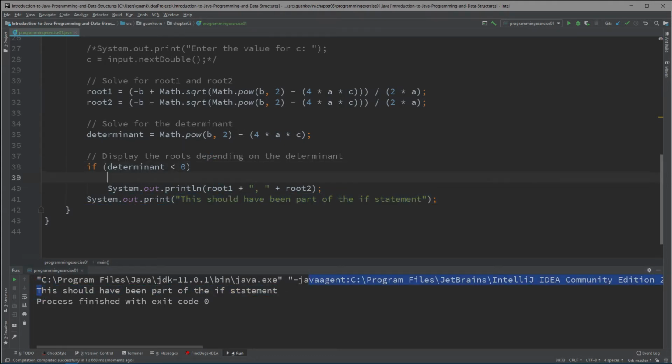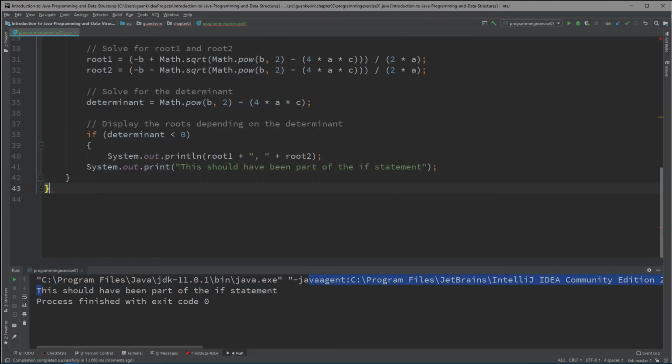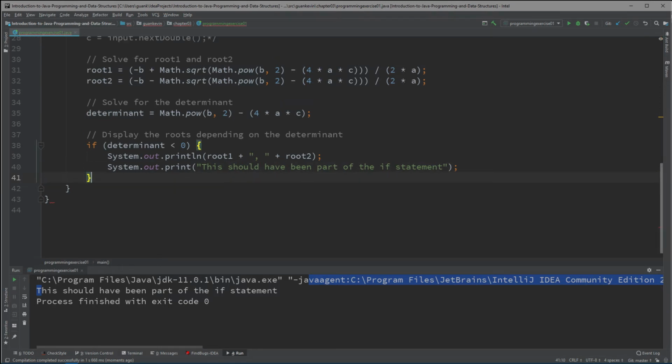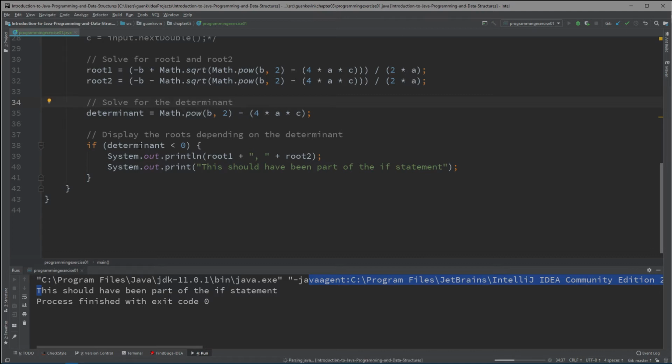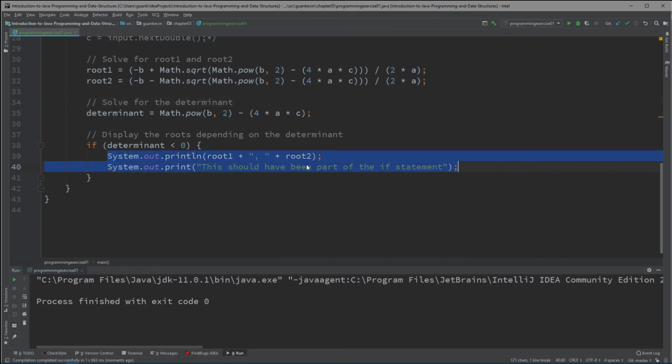Now, if we put this inside curly braces, what happens is that nothing gets displayed, right? You see nothing at all. So it knows to ignore any of this. If this is true, then display this. If this is false, don't display any of this and go on to the next line after this,